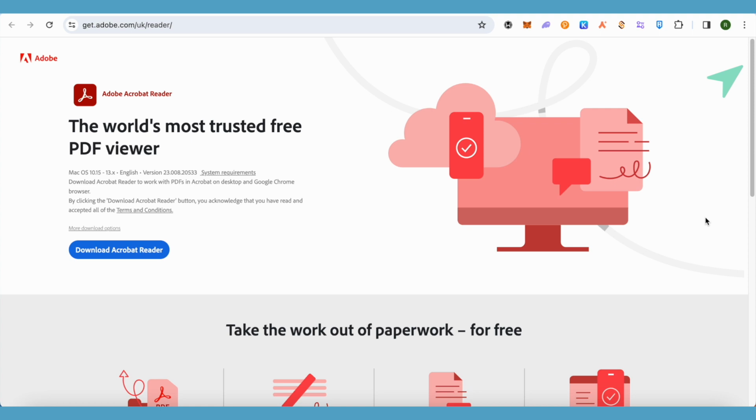Now you can choose the location where you want to save this particular file and change its name according to your preference. Then just simply click on the option of save, and this is how easy it is to resize